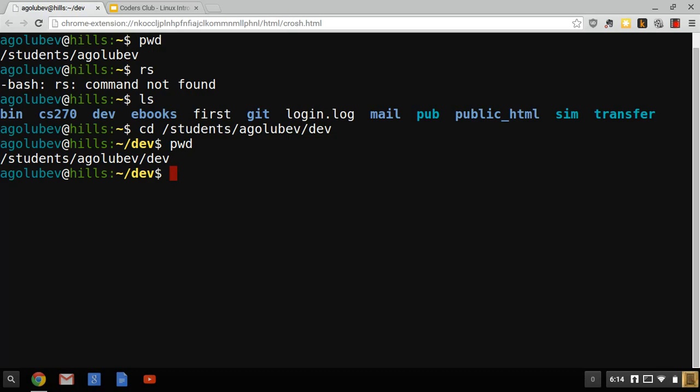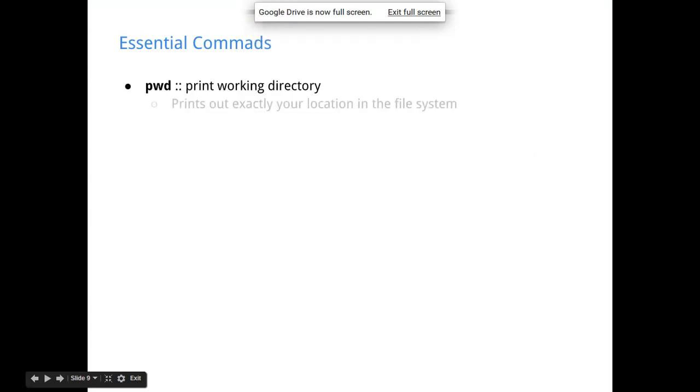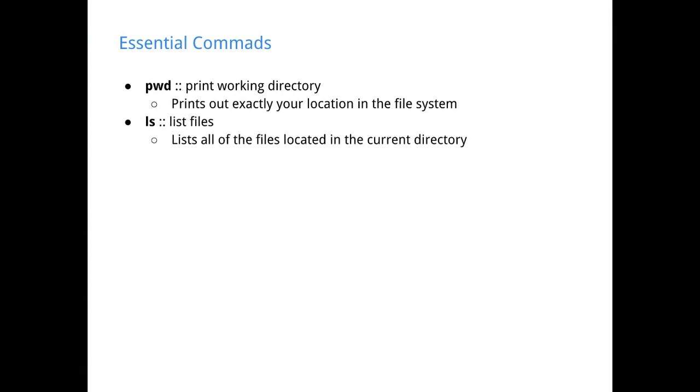So if I use cd without giving it any arguments, just by itself, it by default takes you to your home folder. Home folder is pretty important, so a lot of commands just reference it. So that's cd. Once again, if I go pwd, now I'm back in my home directory. So let's go back to this. That's pwd, print working directory. ls, list all the files in your current directory. cd, you give it some location where you want to go, using either an absolute path or a relative path that we talked about earlier.